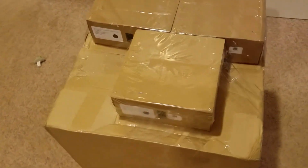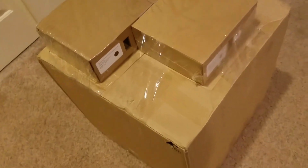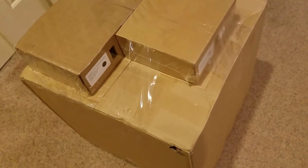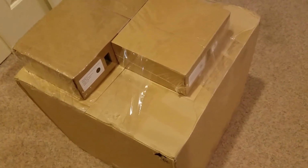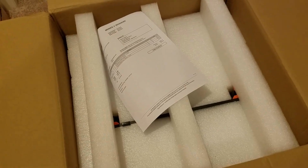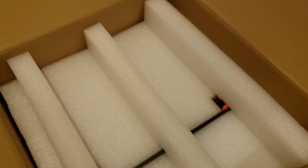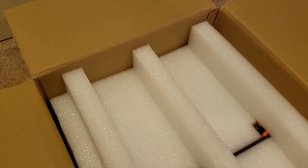The package arrived with a whole bunch of plastic all over it with stickers that said "Do not get wet" and "fragile," which is good. So I've taken that off. I'm going to go ahead and open this up, and we'll see what it looks like inside. Alrighty, so I've opened up the top of the box. There's the filaments. We have my invoice, which, let's see,